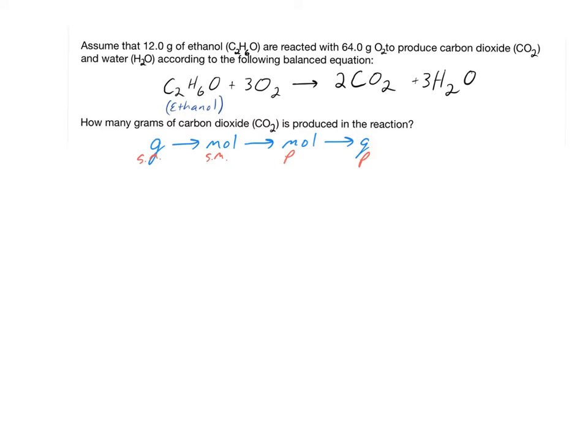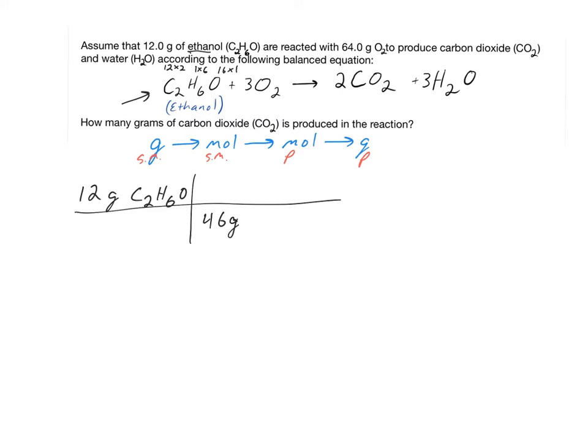So let's start with our 12 grams of ethanol. So we're going to take our ethanol, and it's C2H6O. And now what we want to get is the molecular weight. The molecular weight of this compound we can get by adding up the carbons, right? Each carbon is 12, so we're going to do times 2. Each hydrogen is 1 times 6, and then we have 1 oxygen at 16 times 1. Right? And if we add all of that up, we get 46